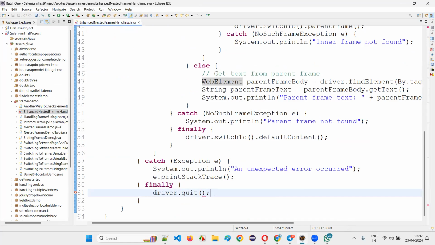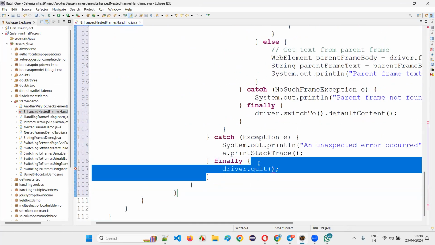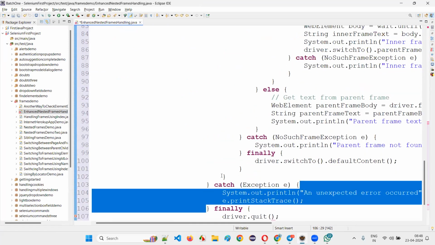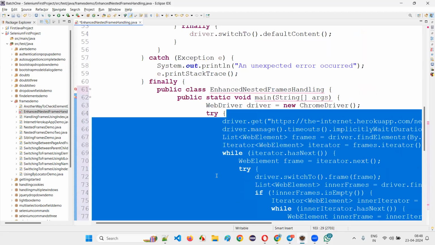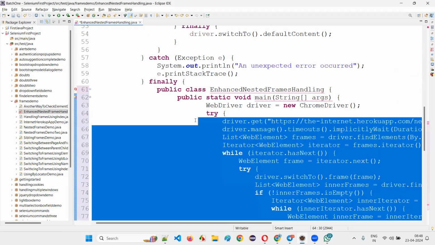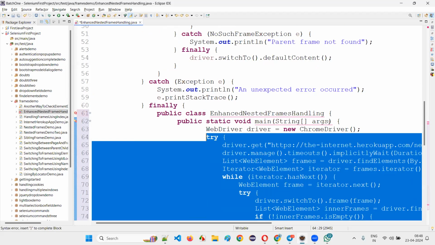Close block. Now close the block, right? I remove this. Finally, System.out.println, driver.quit is coming. Finally block is okay. Catch block is okay. And one is try block, that is also okay. Try, catch, finally are okay. These three items are okay now. So they are inside the